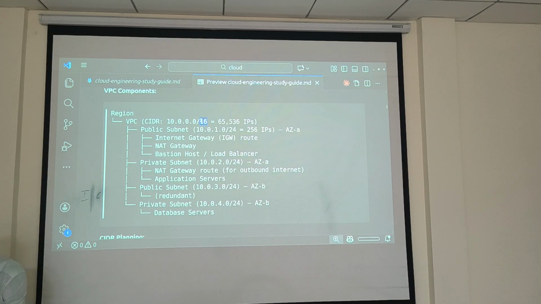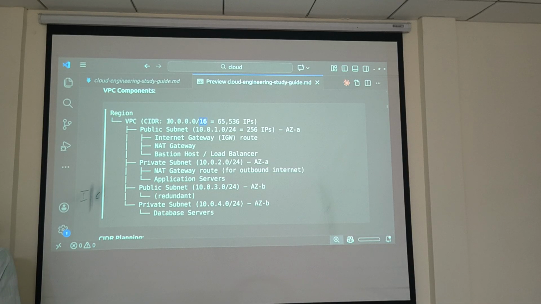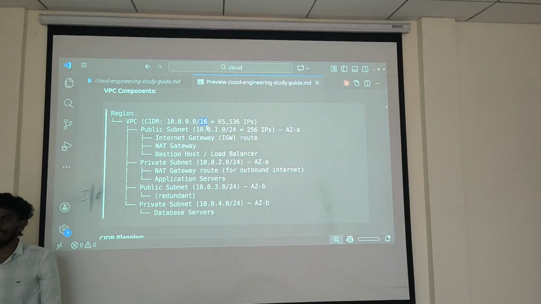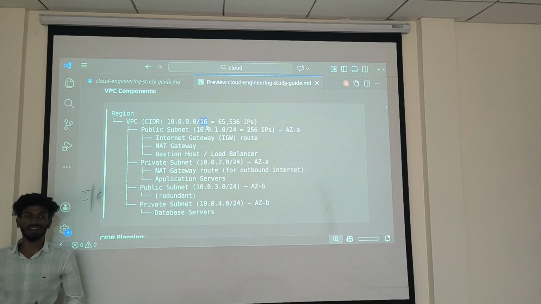If I keep all the IPs as 0.0.0.0/0, anyone can access my virtual machine or my application.